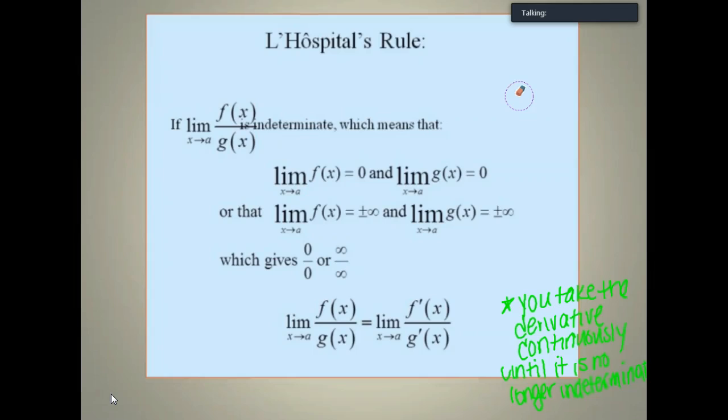So L'Hopital's rule again says that if the limit as x approaches a of f of x over g of x is